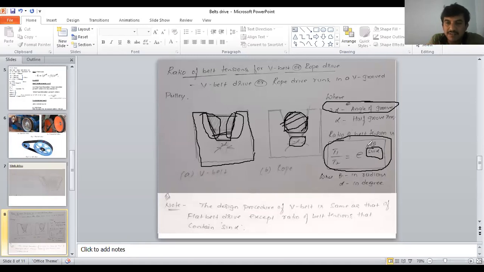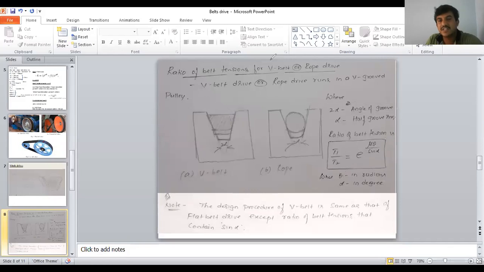Then when we go for design of V belt, the procedure is the same as for the flat belt, but wherever e to the power of mu theta, the capacity, comes in the flat belt, instead of e to the power of mu theta you should take e to the power of mu theta by sin alpha. Sin alpha should come into the picture. The design procedure remains the same. For flat belt drive, what design procedure do we follow? Same as the design procedure followed in V belt drive, and some formulas will be slightly modified here. There is a difference between the V belt drive and flat belt drive.